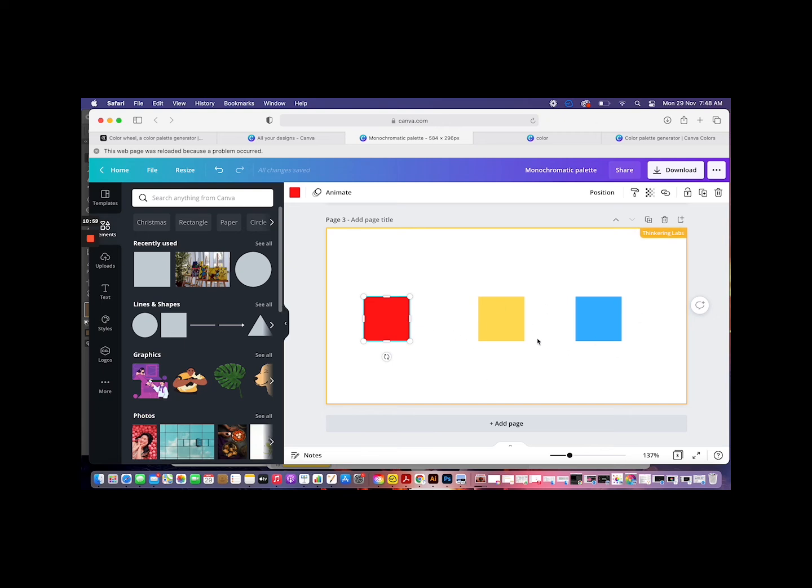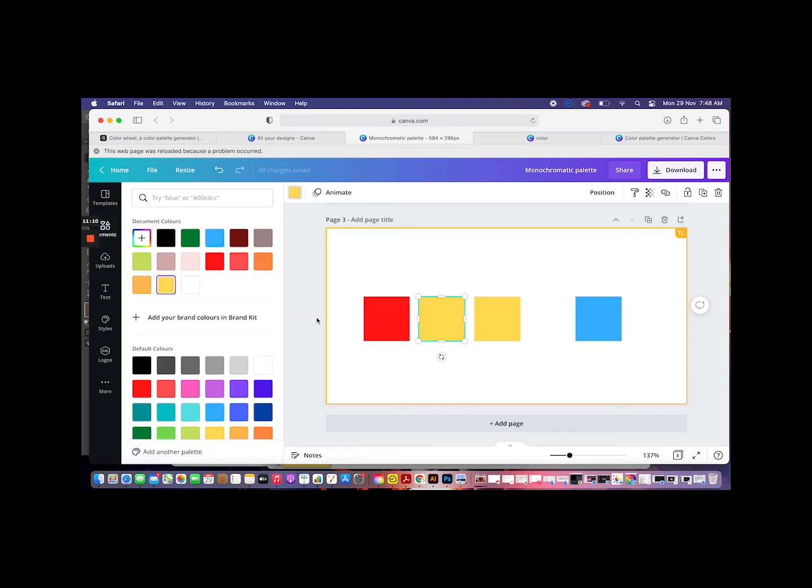Now on their own these colors won't work. In between them we need a bridge. So in order to make that bridge work, what I'm going to do is mix the colors a little or find a medium.